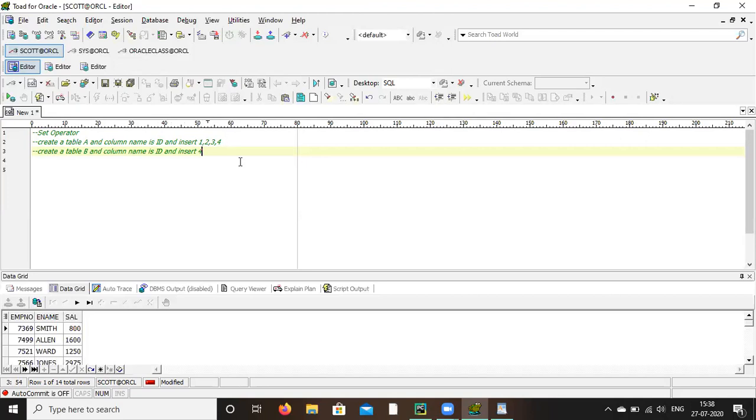Just do this, then we will proceed with the set operators.